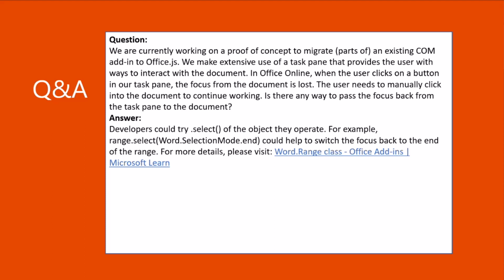We make extensive use of a task pane that provides the user with ways to interact with the document. And in Office Online, when the user clicks on a button in our task pane, the focus on the document is lost. The user needs to manually click into the document to continue working. Is there any way to pass the focus back from the task pane to the document? Our recommendation here is that developers could try